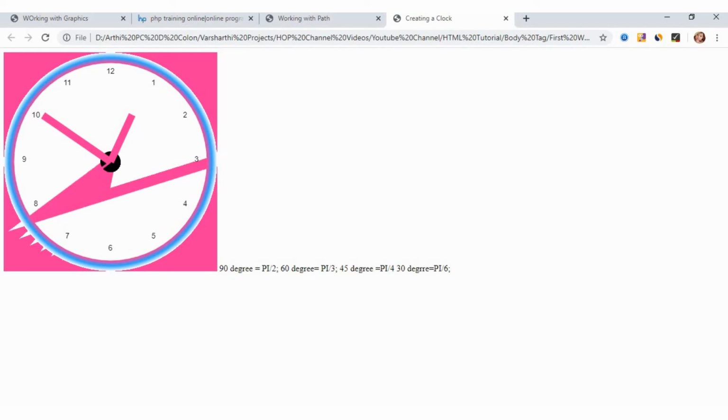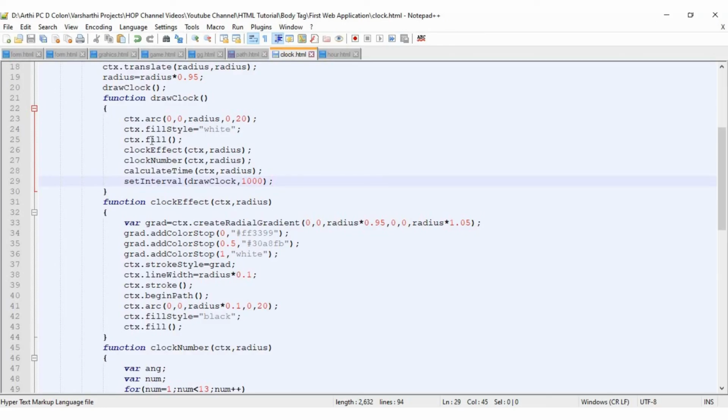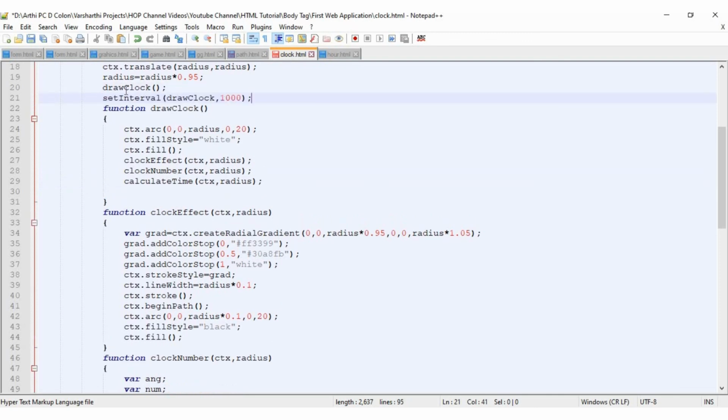However, the extra two lines are also coming along with the second hand, right? So what happens here is, each time we set intervals, the corresponding functions are called, right? So instead of this, we can call this function outside of the drawClock function. Inside setInterval we have called the drawClock.